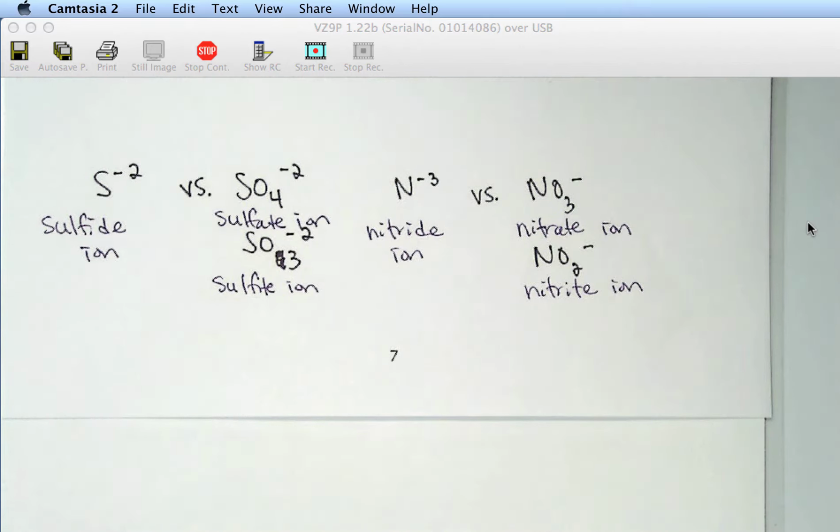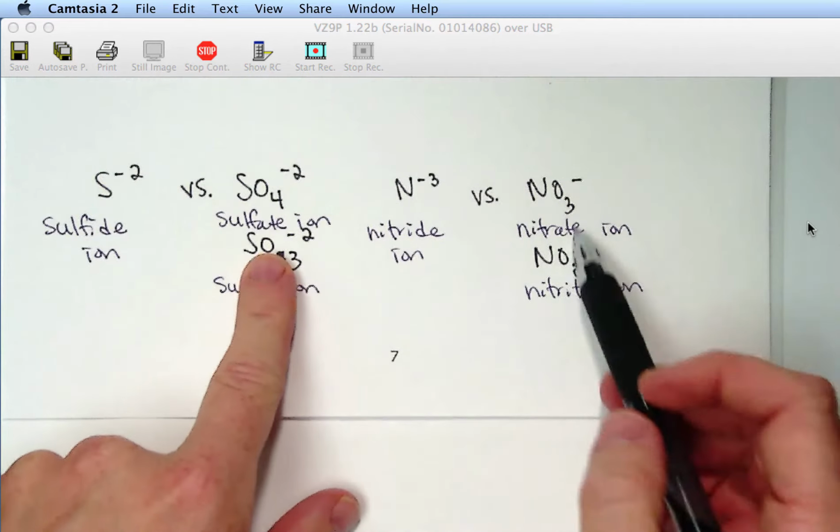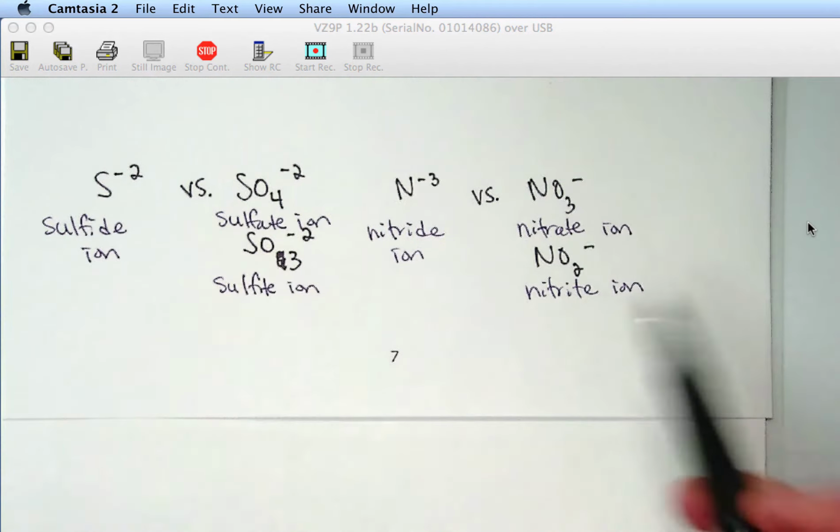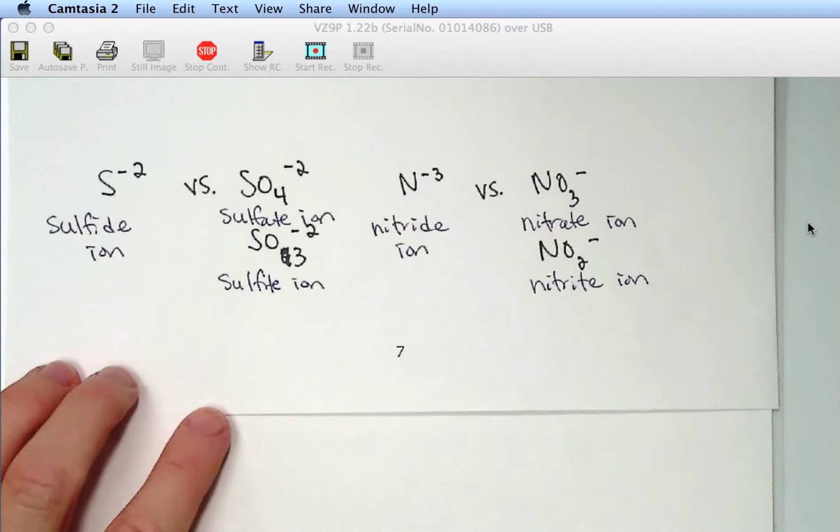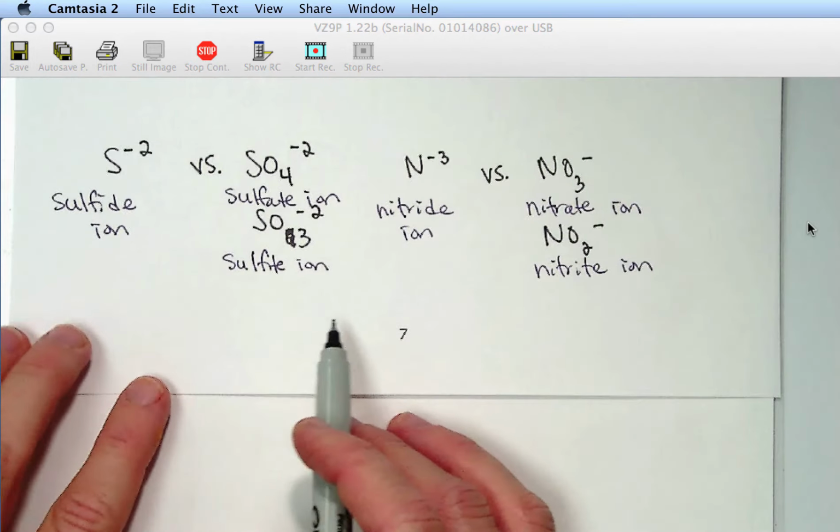When you have SO4 2 minus and SO3 2 minus, is the one that has more oxygens always going to be -ate and the one that has fewer going to be -ite? Yes, as a rule. A lot of times students want to say, well, if you have 4 oxygens, it's always going to be -ate, or if you have 3 oxygens, it's always going to be -ite. But you can't do that. It's just going to be the higher of the 2 within that.